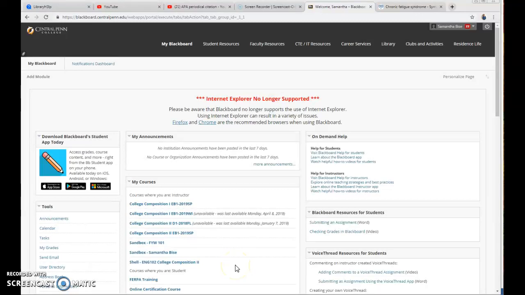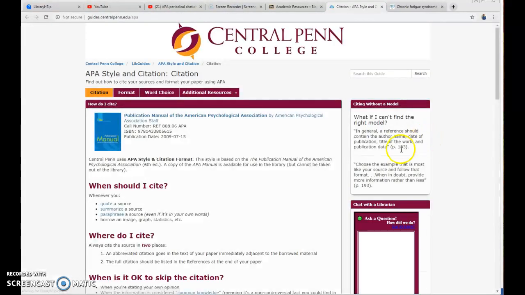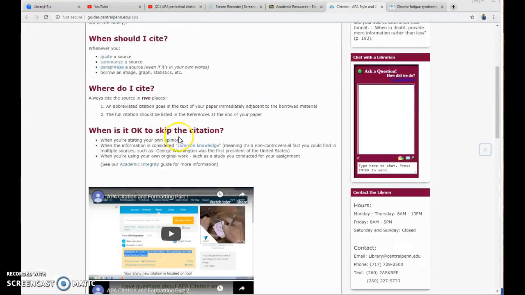Sometimes when you're doing research, you're going to be using websites. So the way you would cite websites is you want to start in Blackboard. You can click on Library, go to Academic Resources, and then over here we have APA citation and formatting information. If you click on the first APA link, it's going to open up this guide that we have on APA